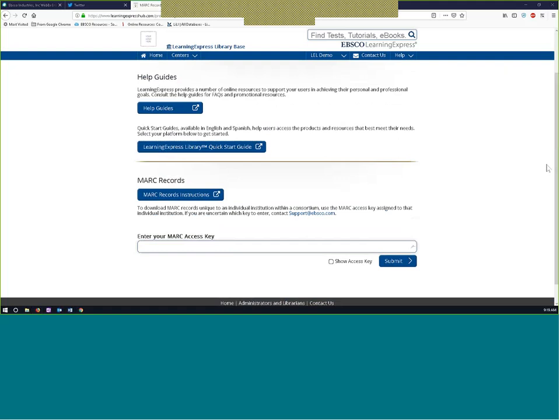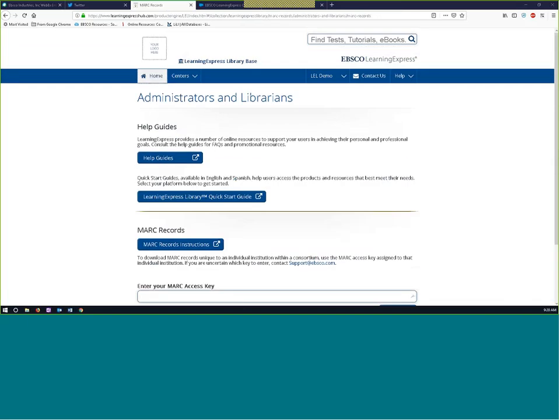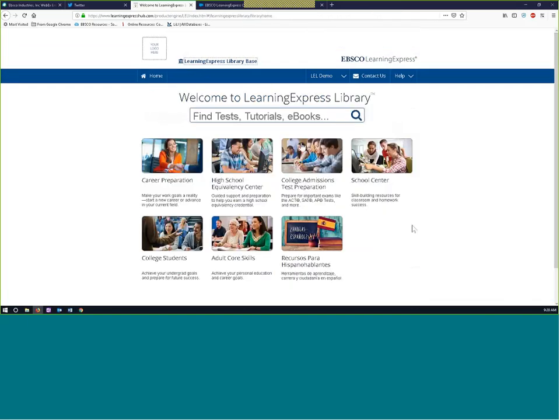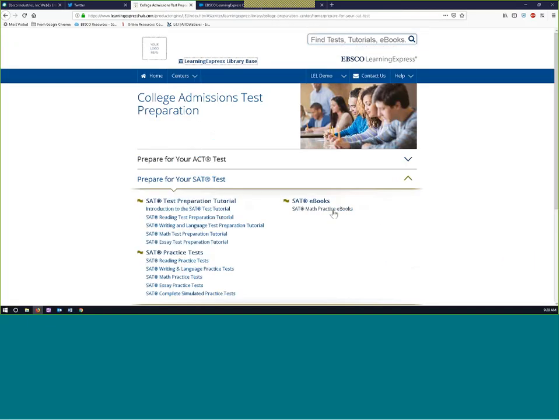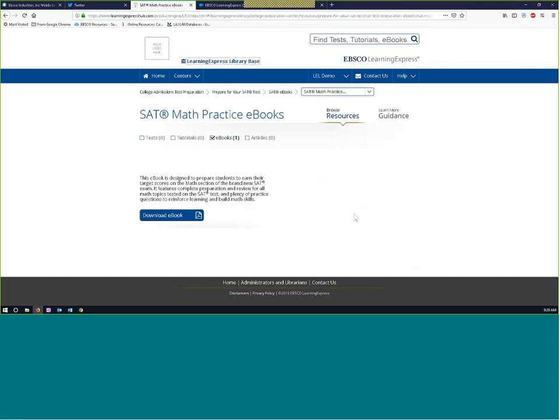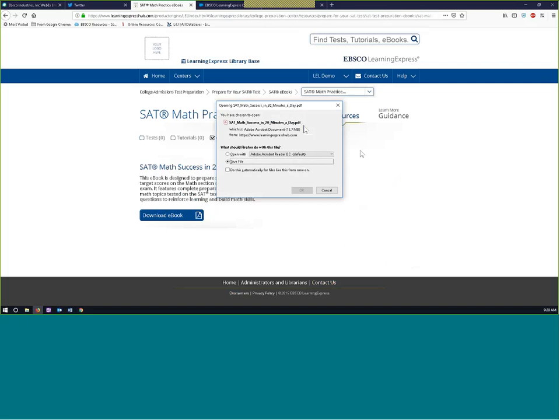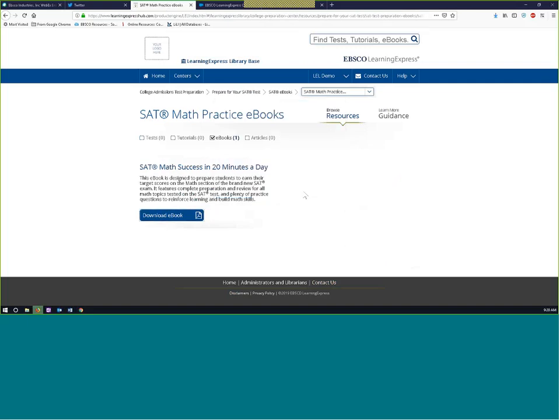Let's see, another question here. Do the ebooks have a limited amount of users at one time? No, and that's actually one of the cool things about it. So let's look at one of these as an example, like this SAT ebook. So, this is just a PDF. You can open and read it in any PDF reader. It doesn't have any digital rights or DRM